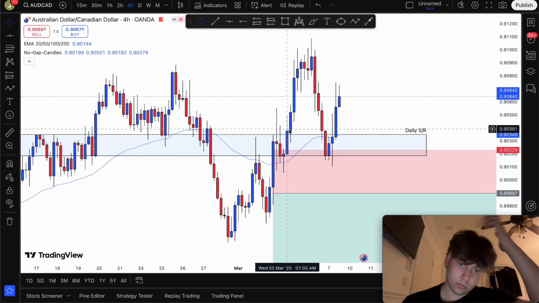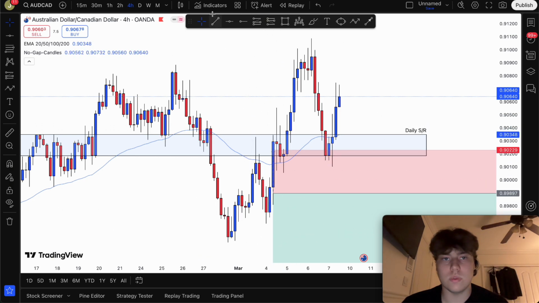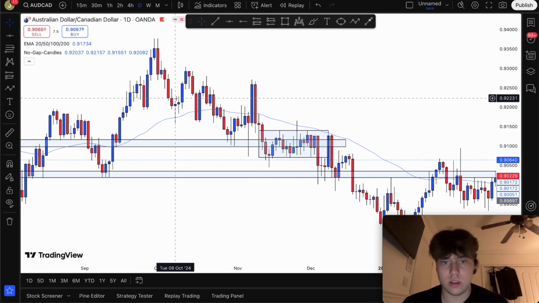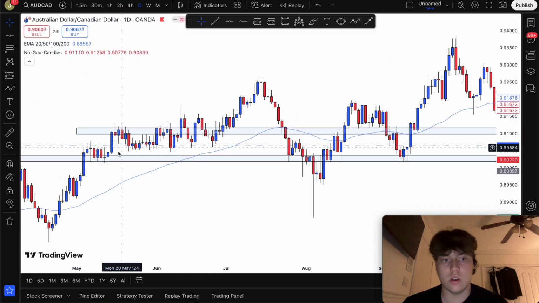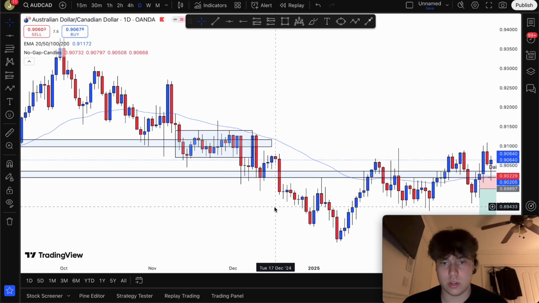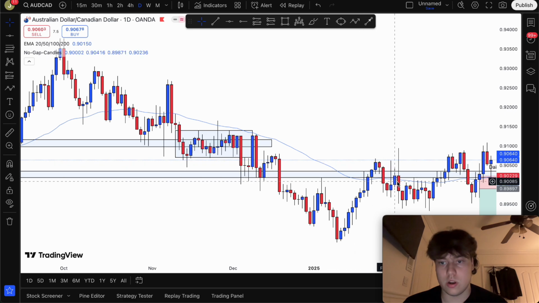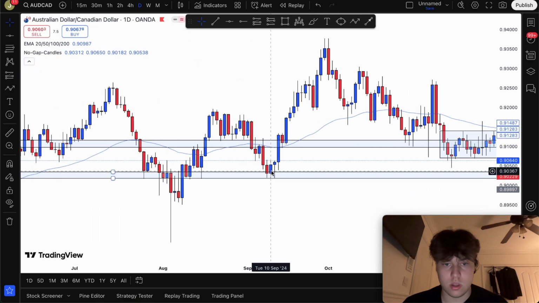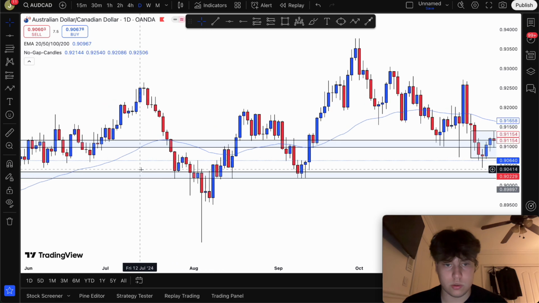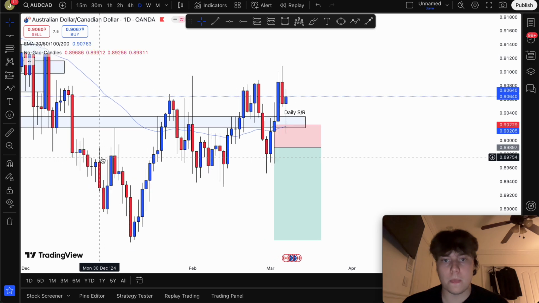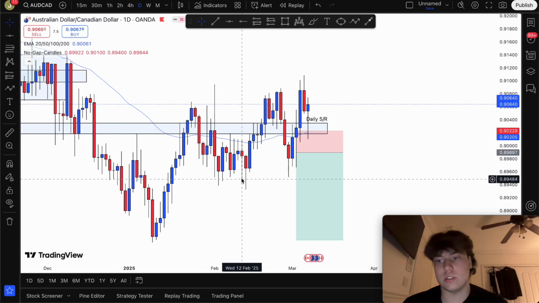Then we had a beautiful daily area of interest. Every time we're above, we're using this area as support, and every time we're under, we're using this area as resistance. Support, resistance, support, and so on. So we had a good area of interest, and then I saw price